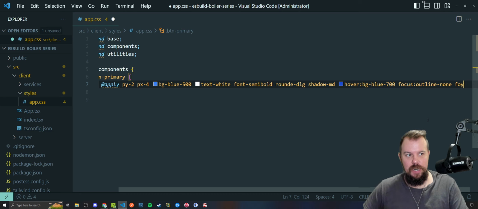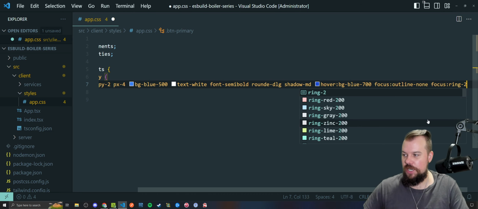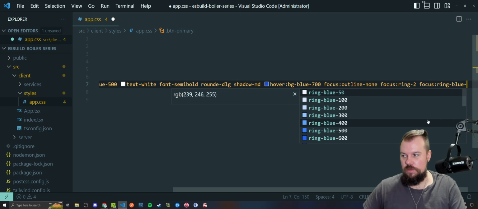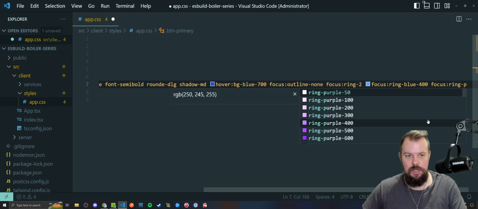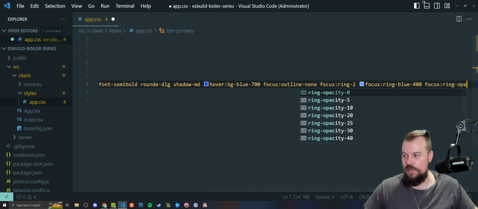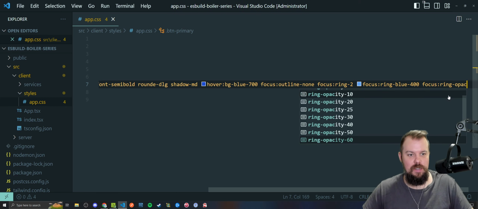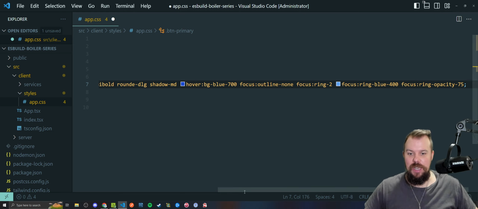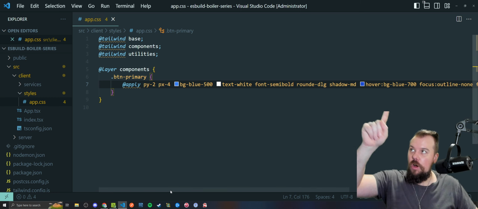Sorry, I can't new line this, folks, but thankfully it's above my head this time. Focus ring-2, focus ring blue 400, focus ring opacity. Is that a thing we can do? Opacity. And we'll make it not fully opaque. Let's do 75. So yeah, we're going to make this button primary class name apply all of these class names